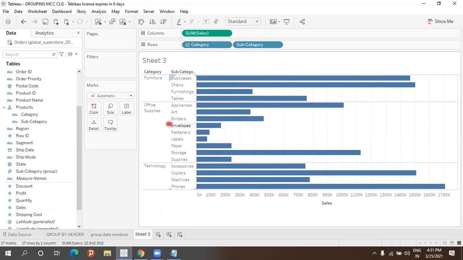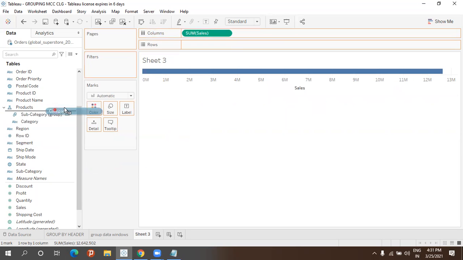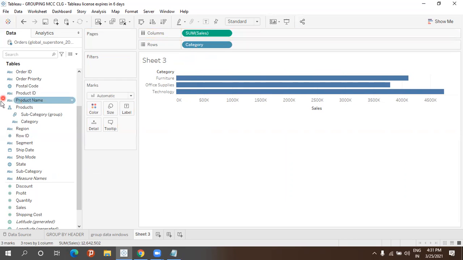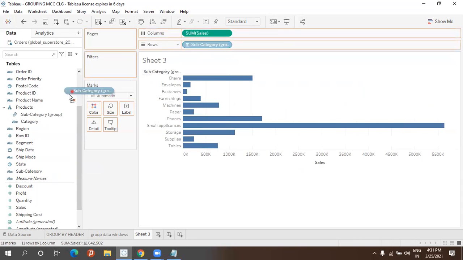So now, can you see this one, what we have grouped? I want this grouped subcategory to be in the hierarchy. So what I will do, let me remove this subcategory from this place and group it outside. Now this one I'll drag and drop into this place. So let me take this category into this place and this subcategory to this place. Or else together I can take this one.